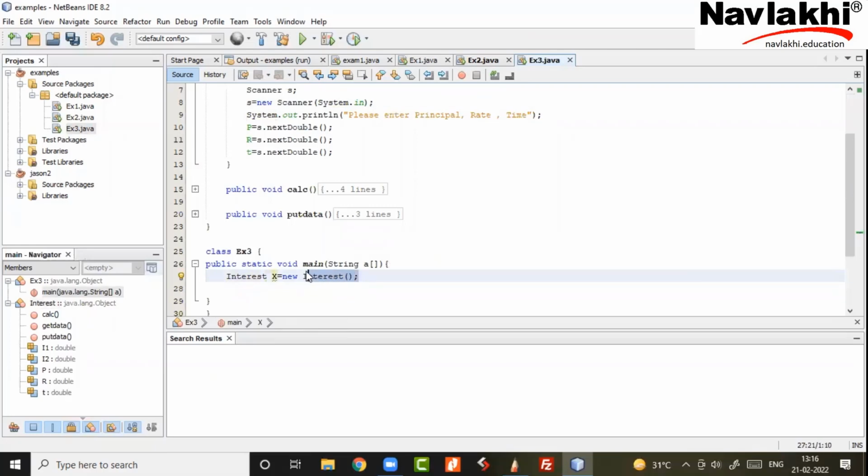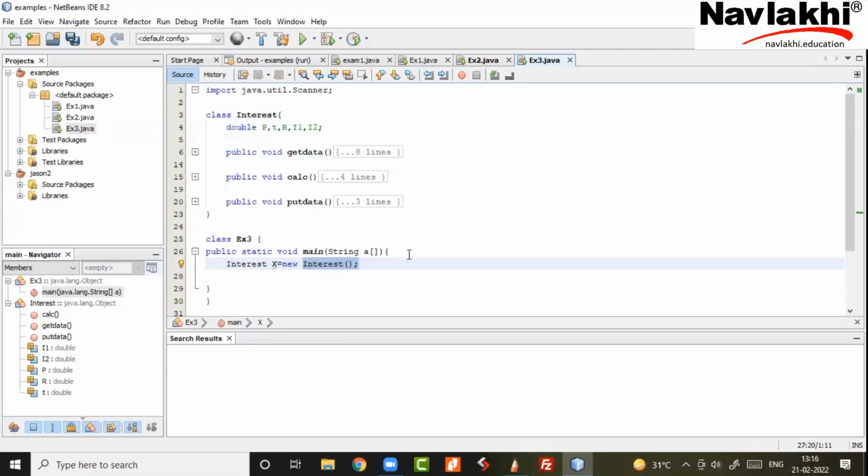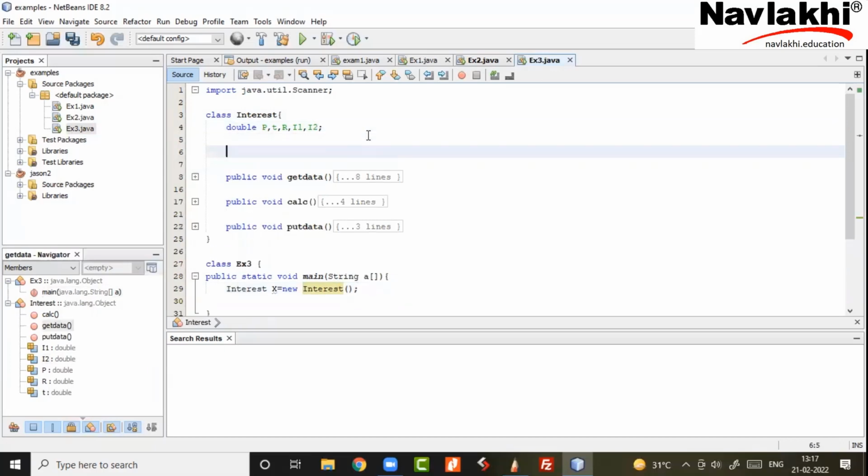But the big question comes, ये मैंने लिखा किधर है? I have not written a function called interest. Think. I have written a function called get data. I have written a function called calc. I have written a function called put data. Interest कहाँ पे लिखा मैंने? So here's the important part, that any class which you make, you are going to write your functions in that. Agreed. But वही class के नाम का एक function automatically आ जाता है. So automatically there is a function called interest which gets